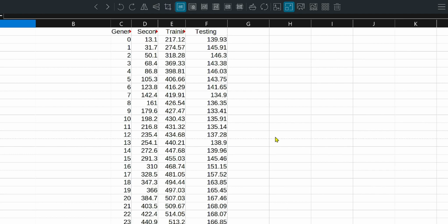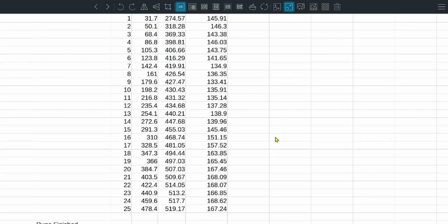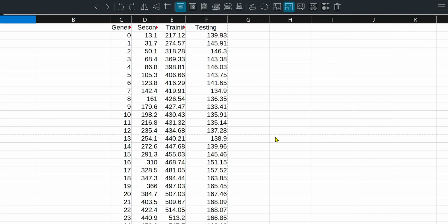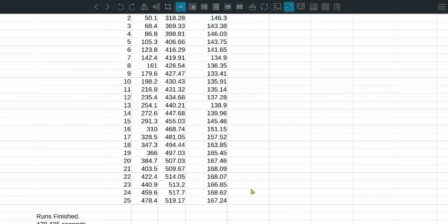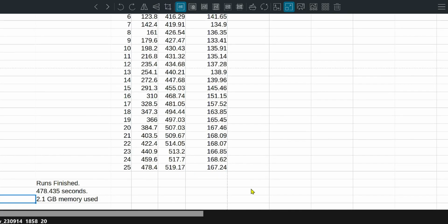We can see it starts with a 39-45% return and ends up with a 67% return. And then at the bottom it just reports that the run is finished,